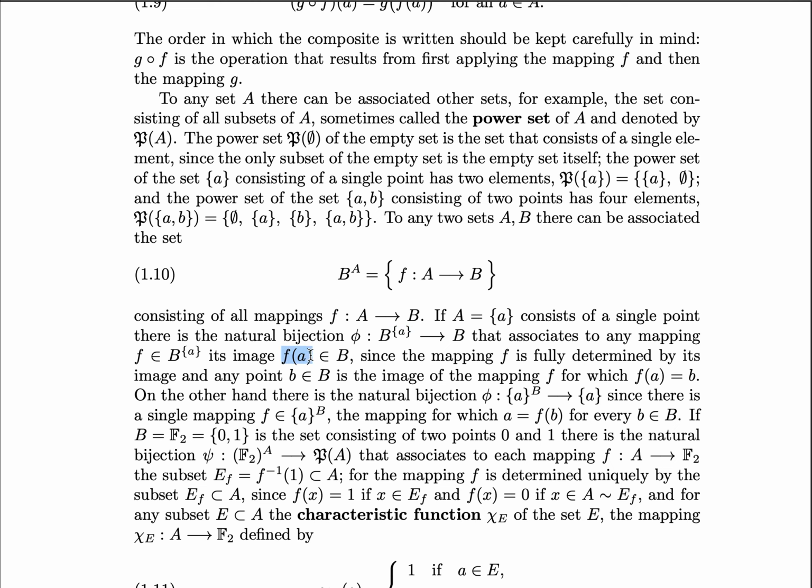However, each of those is uniquely defined since the set A has exactly one element. So, since this mapping is